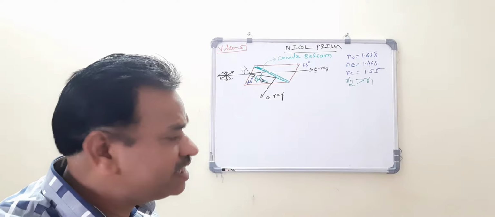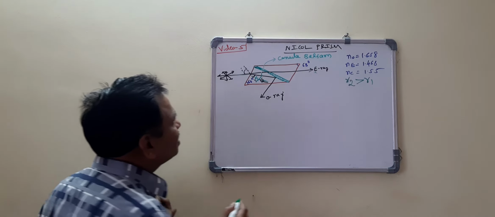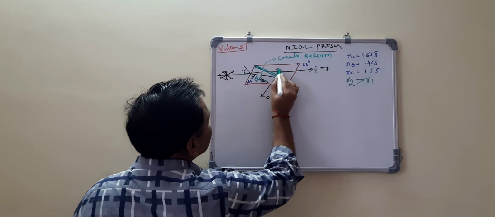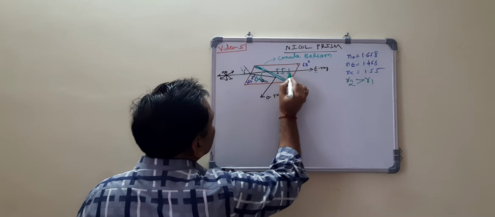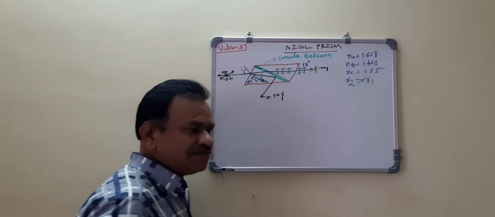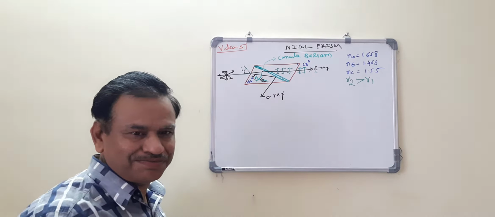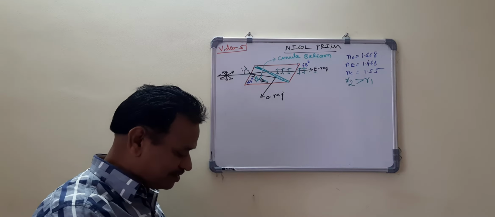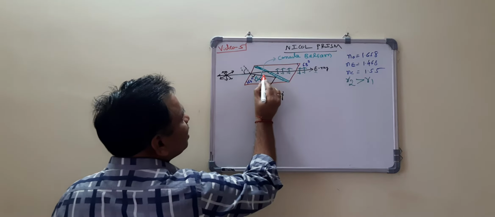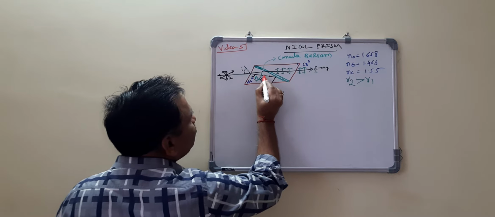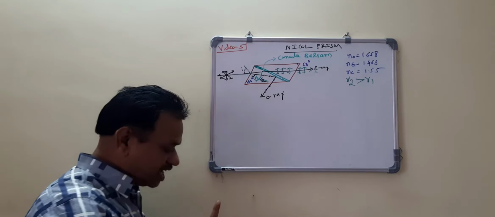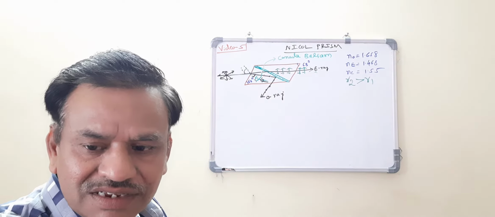Here, the difference between the extraordinary and the ordinary is that in the case of the extraordinary ray, the vibrations are like this, in a direction parallel to the optic axis. Whereas in the case of the ordinary ray, the electric component is perpendicular to the optic axis. This is the difference between